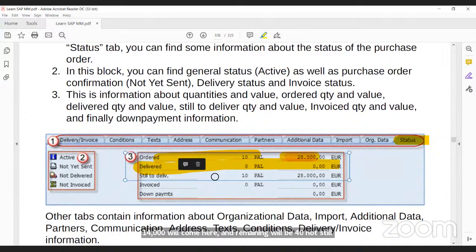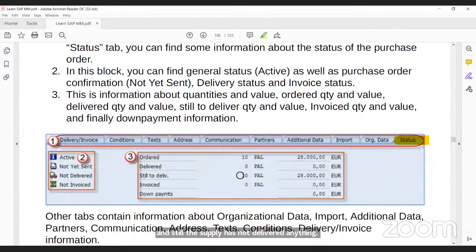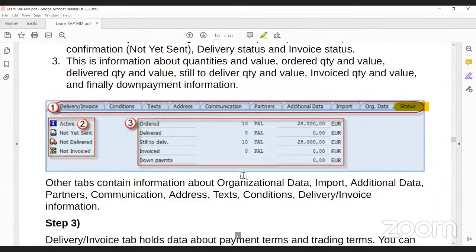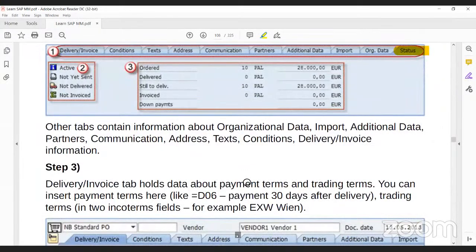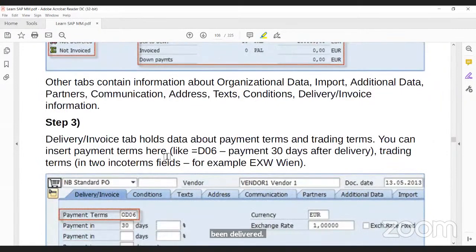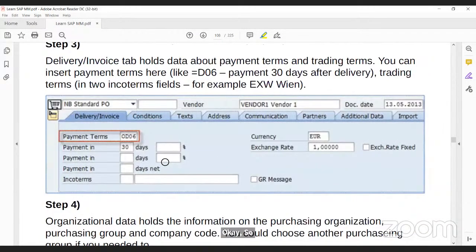Here, because this is a new PO and the supplier has not delivered anything yet, it is showing still to deliver 10 because nothing has been delivered. Okay. So here, as I was talking, let us go to the first tab of this